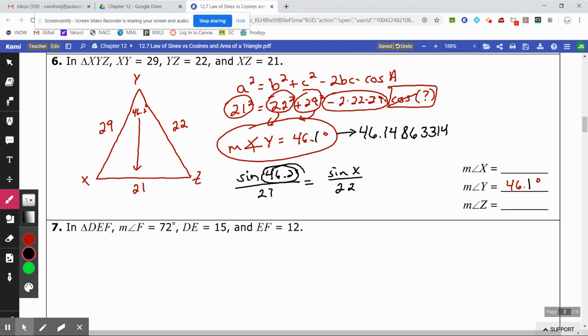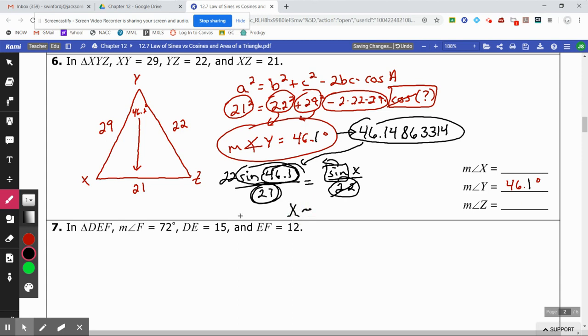So therefore, my actual number that I should be putting in right here is not the sine of 46.1 or 2. It's this large number. So as you type it in, now type in 22 times the sine of 46.14863314, which is all the numbers that would fit on my screen, divided by 21, and that gives you, of course we have to move this over, that gives you what the sine of x is equal to. Move the sine over by doing inverse sine, and you'll get that that angle x is approximately